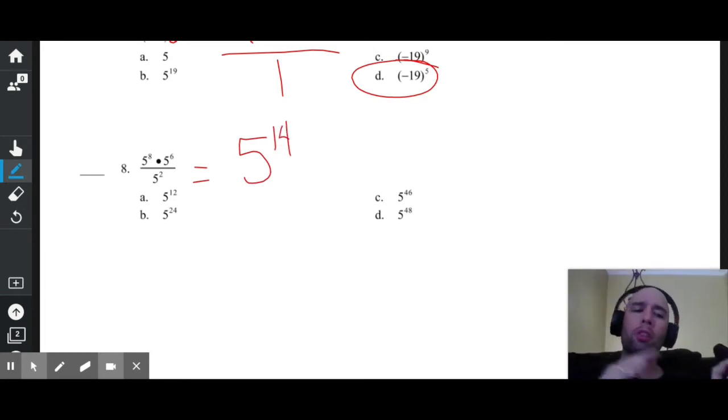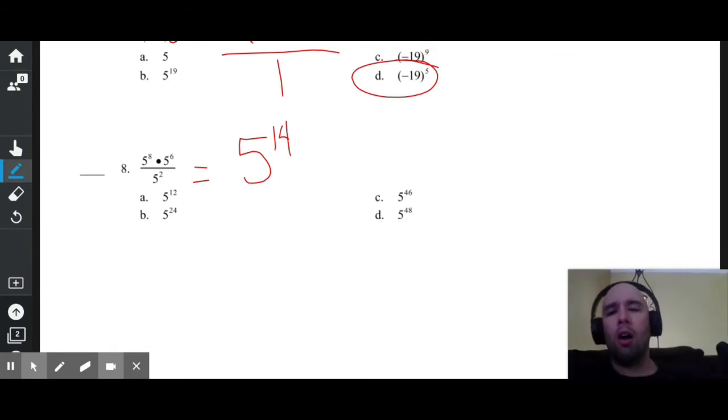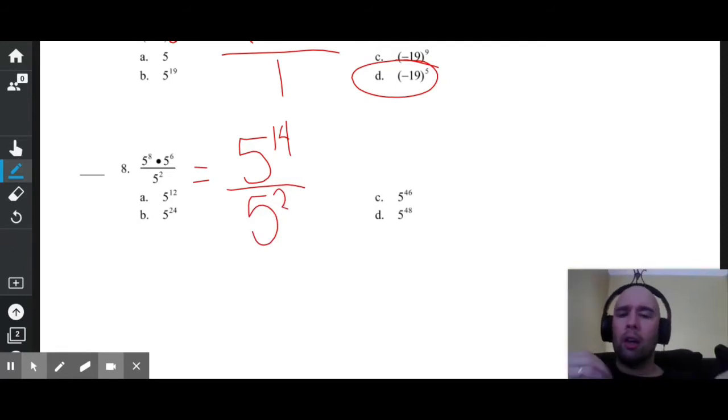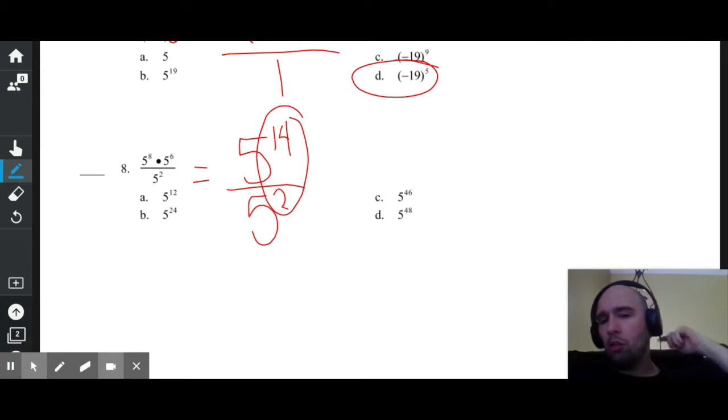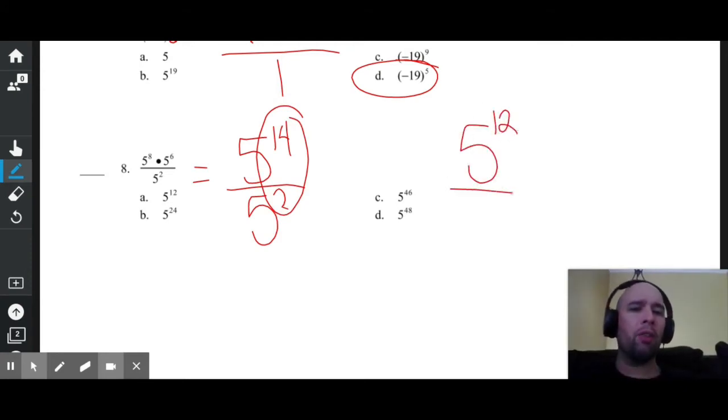If two numbers are next to each other and they're the same base, add the exponents. If you're multiplying, add the exponents. On the bottom, I have 2 5s. The numerator is more powerful by how many? Well, 14 minus 2 is 12. So I have 5 to the 12 on top. I have nothing remaining on the bottom, so an invisible 1, which means